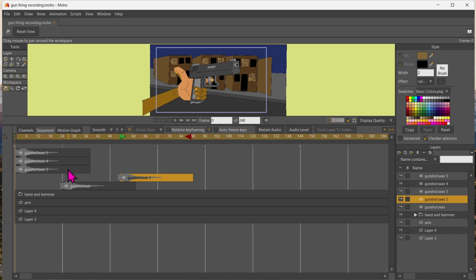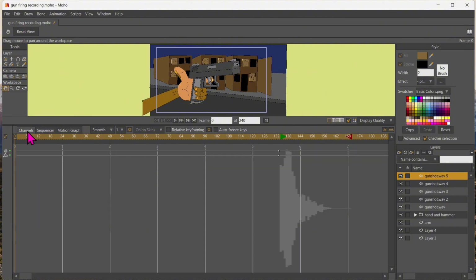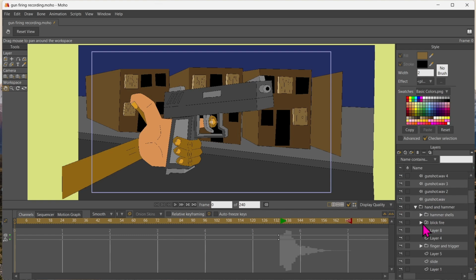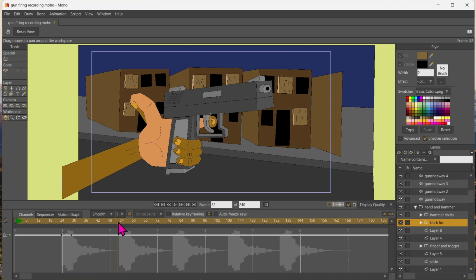And look here, you see this is the timeline I'm working on. The timeline got three tabs at the top, and right now I'm in the sequencer tab. In the sequencer tab, you can move your audio clips around. When you got a few audio clips within one scene, you go in the sequencer tab, and then you can move the audio clips around on the timeline. You see those five sound waves,